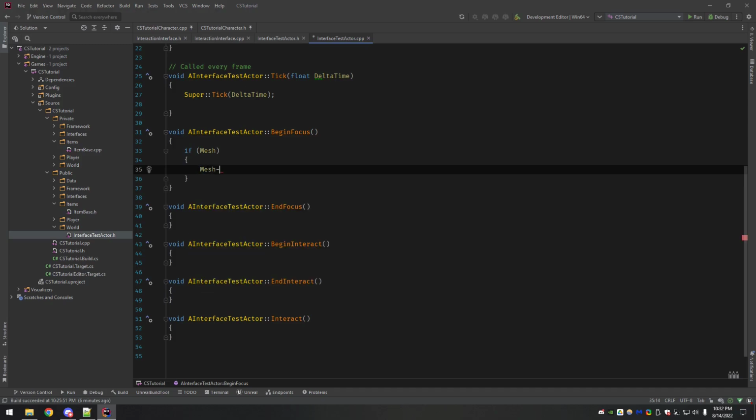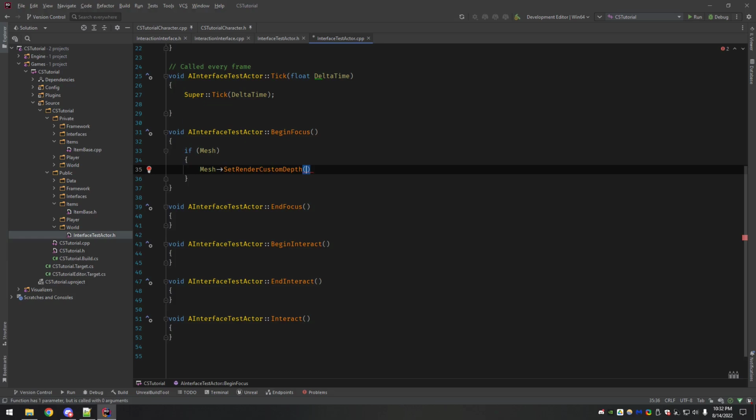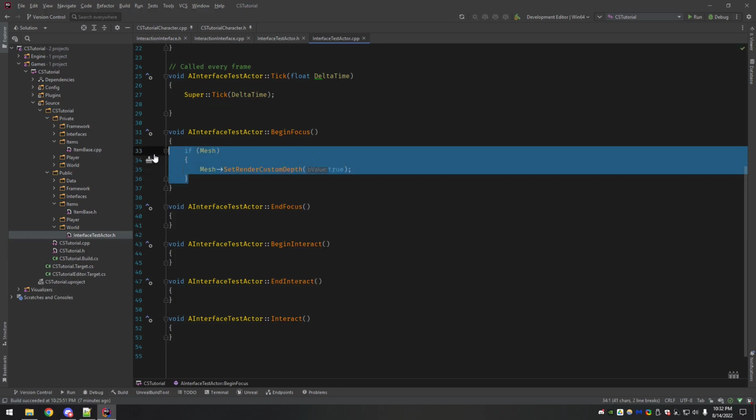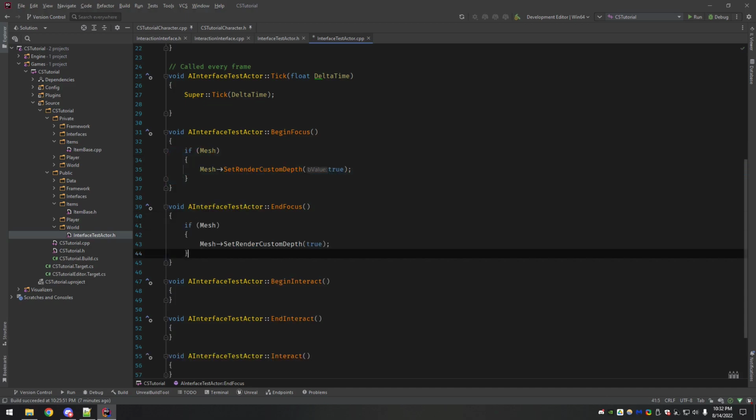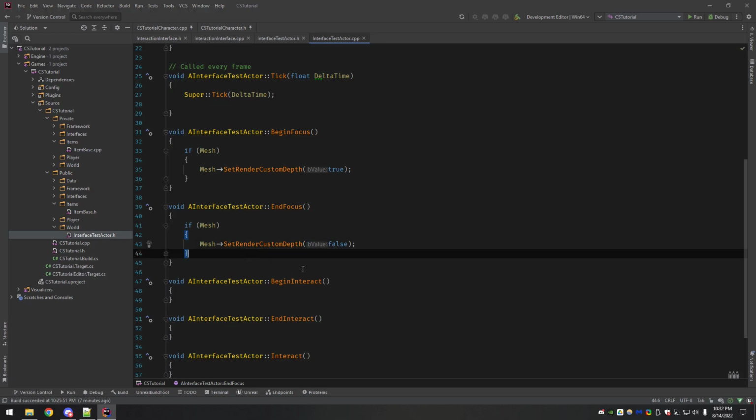We want to call a function called SetRenderCustomDepth, and it just takes in a Boolean, so we're going to set it to true. Likewise, in EndFocus, we're going to set it to false, so just copy that.